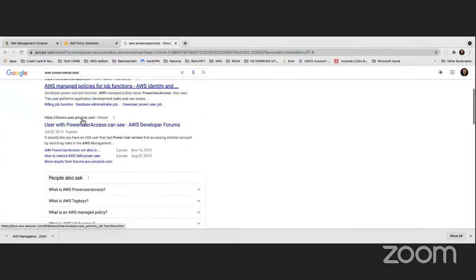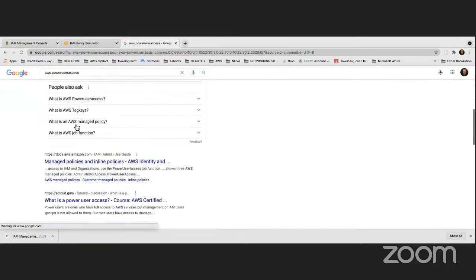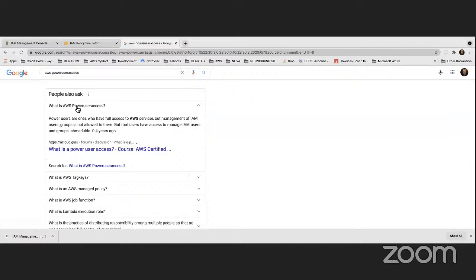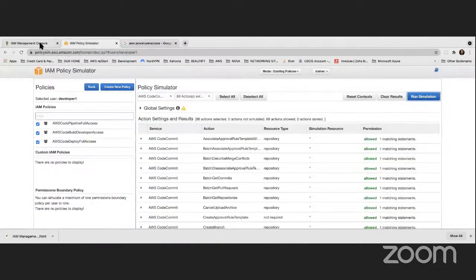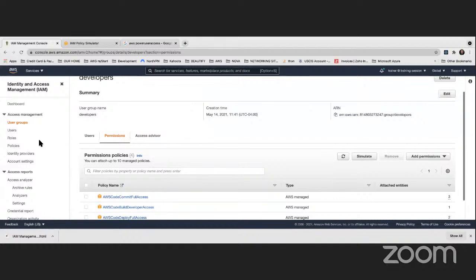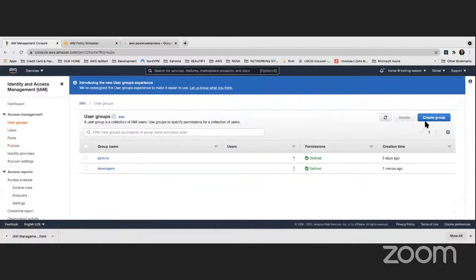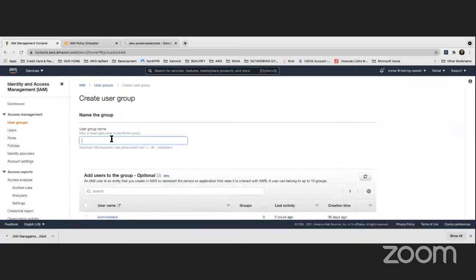So a power user is a user who can have full access to AWS, but management of IAM users and groups is not allowed to that. So probably instead of creating a developer group, right? I can create maybe another group